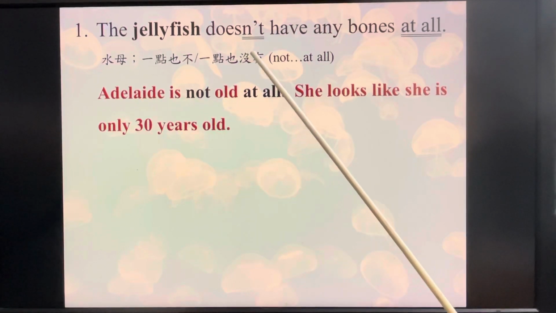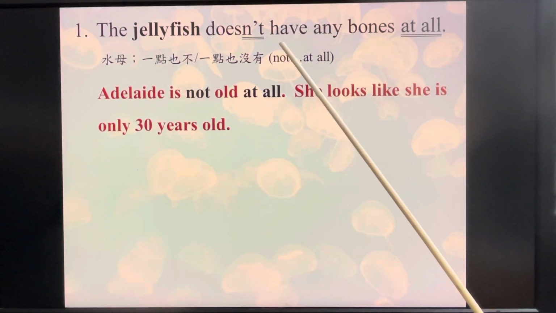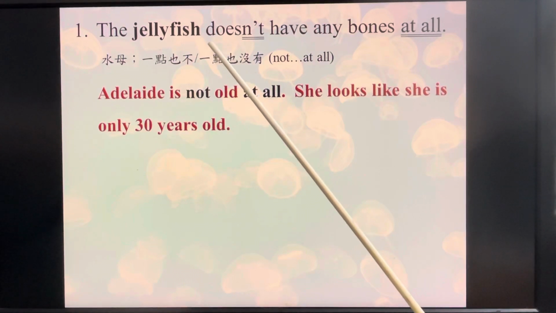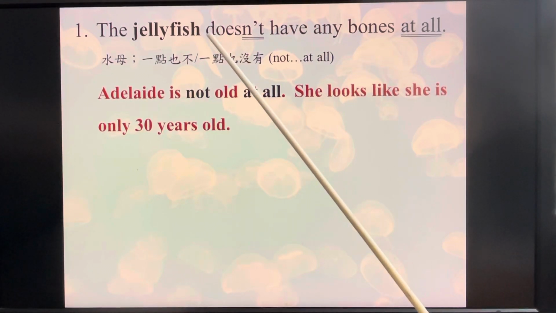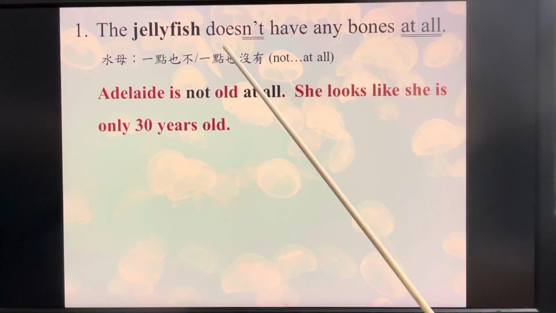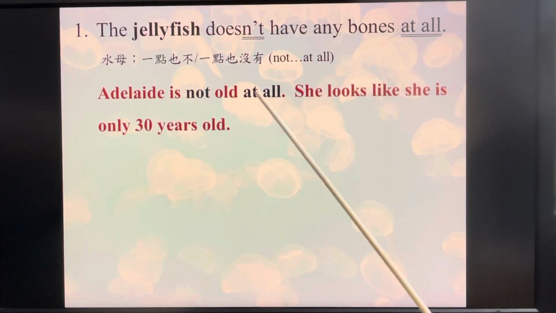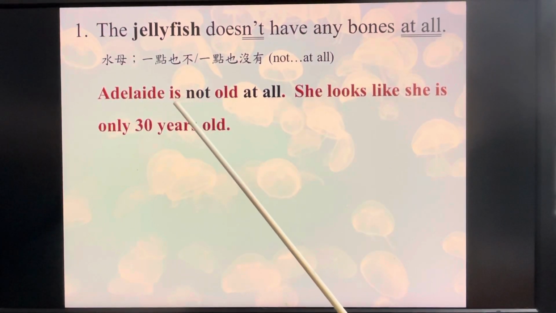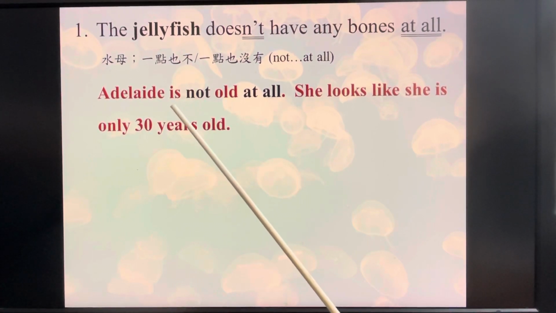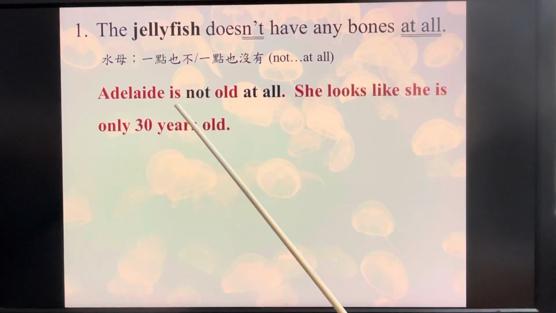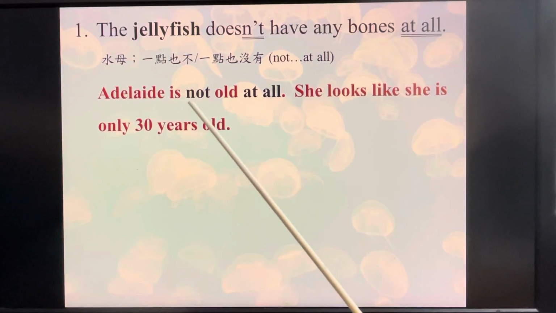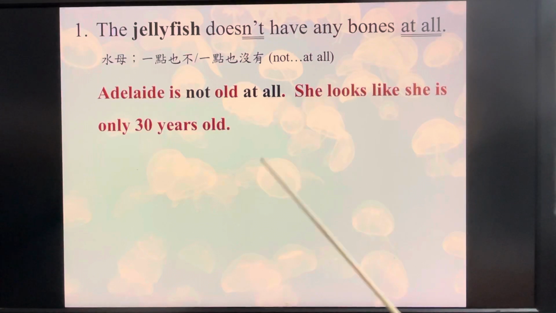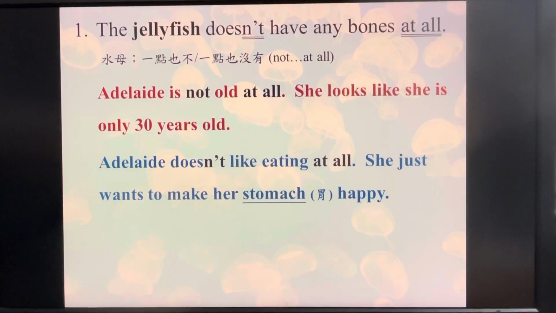That's why we have is, be 动词 here. In this sentence, we have a 动词 called have. So 前面 we have a does, helping verb 助动词来帮助这个动词。But now we don't have a verb. We have is, be verb. Not 要放在 be verb 的后面。所以如果你的 homework 是要用形容词，记得要用这种形式。But if you want to use a verb, you can say Adelaide doesn't like